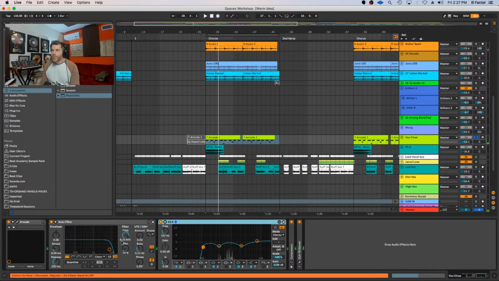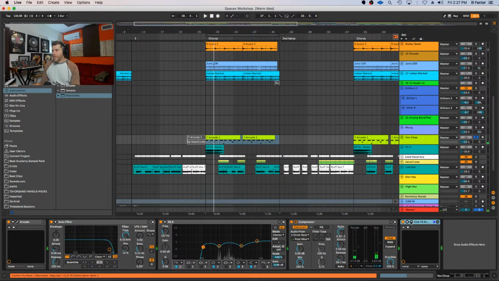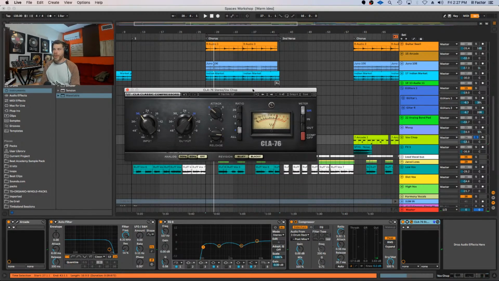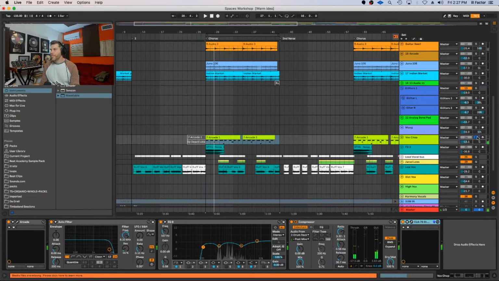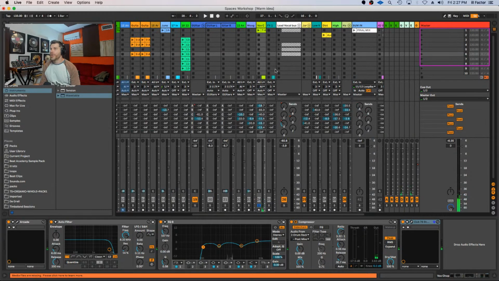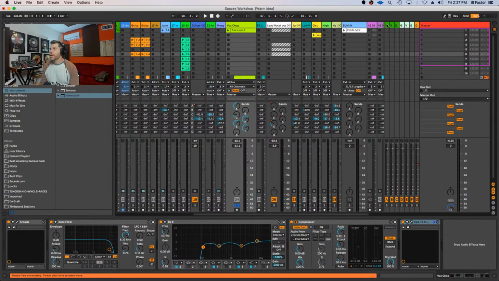So I'm doing a little bit of filtering there, some EQing, and the compression is sidechained to the kick drum. And then I have just this CLA 76, this 1176 plugin by Waves. That's the process in there, but a lot of it is coming from the sends and returns here. Let me walk you through some of the returns, I think that's really important too.